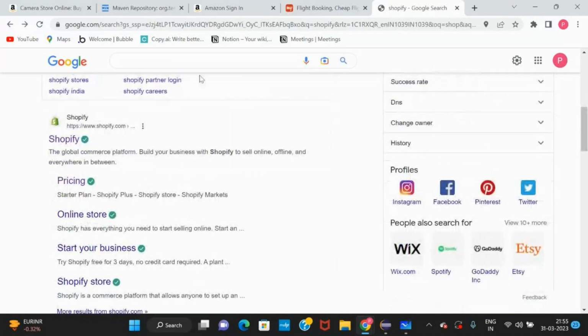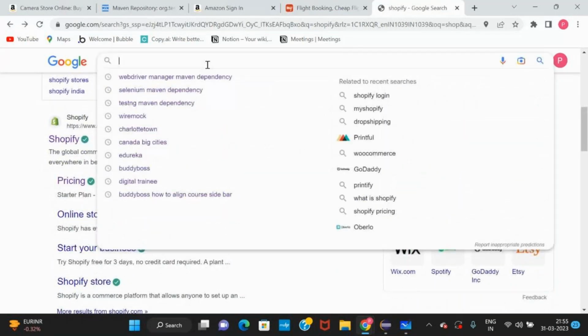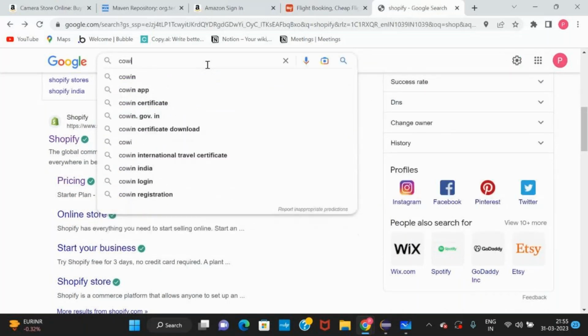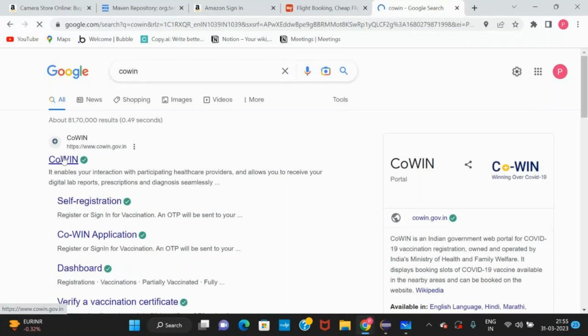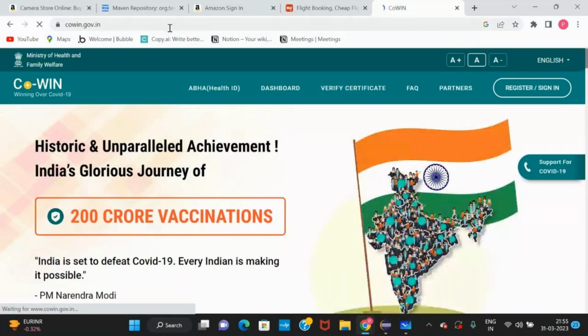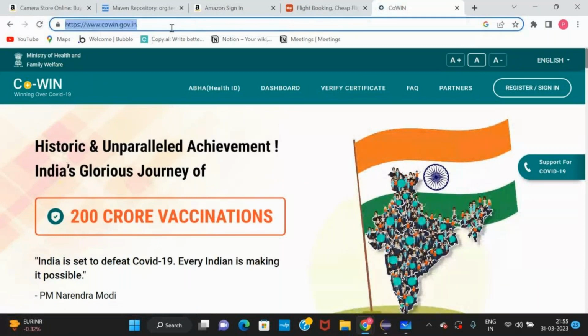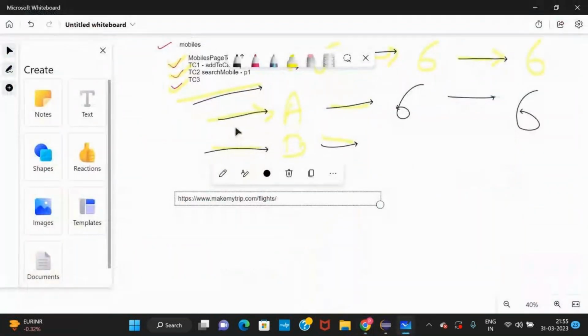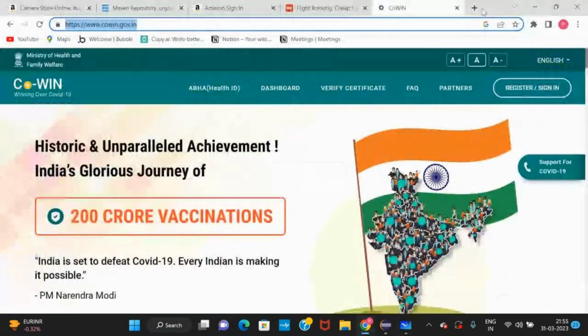We can take another example of this Cowin site, which is a government site. Take this. If it is not available in your location, you can use any other site, that is also fine. If you are in other countries, maybe this is not available. Second, you have to create for this project. Next you have to create.